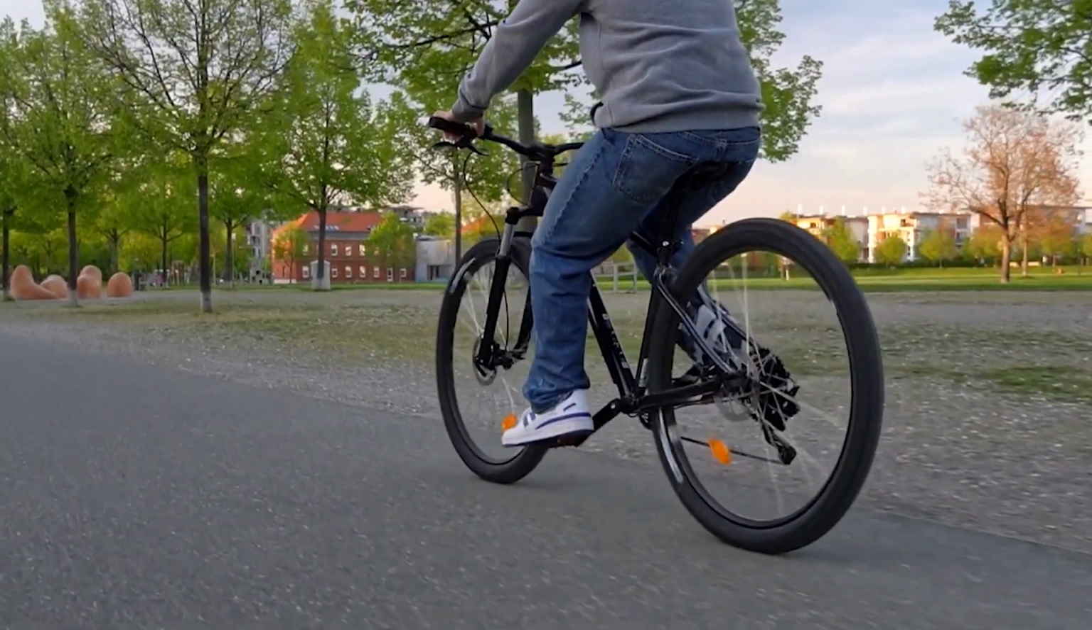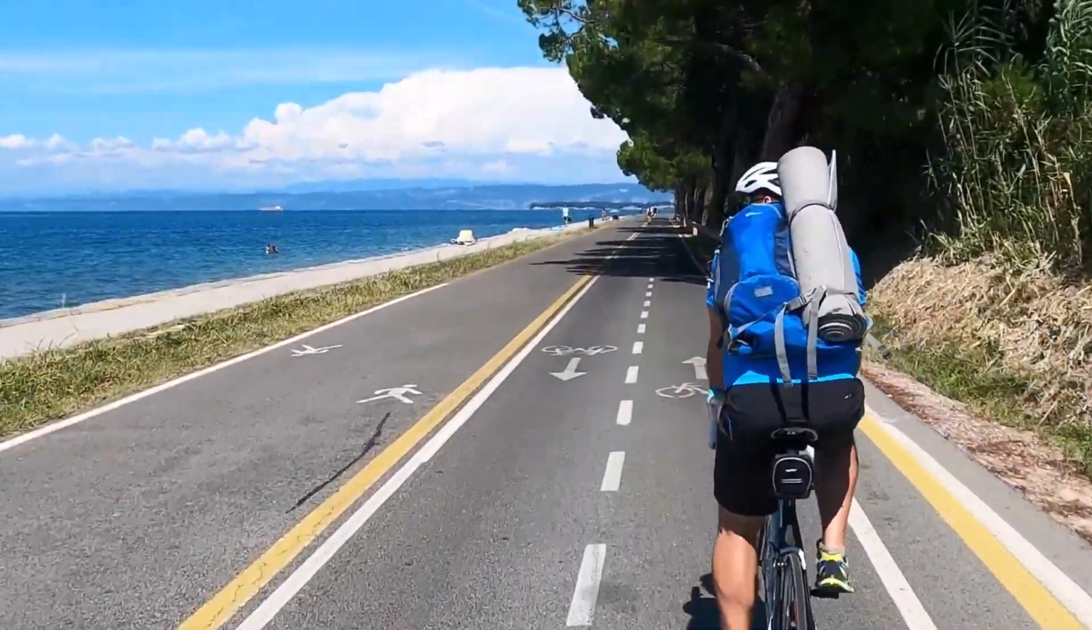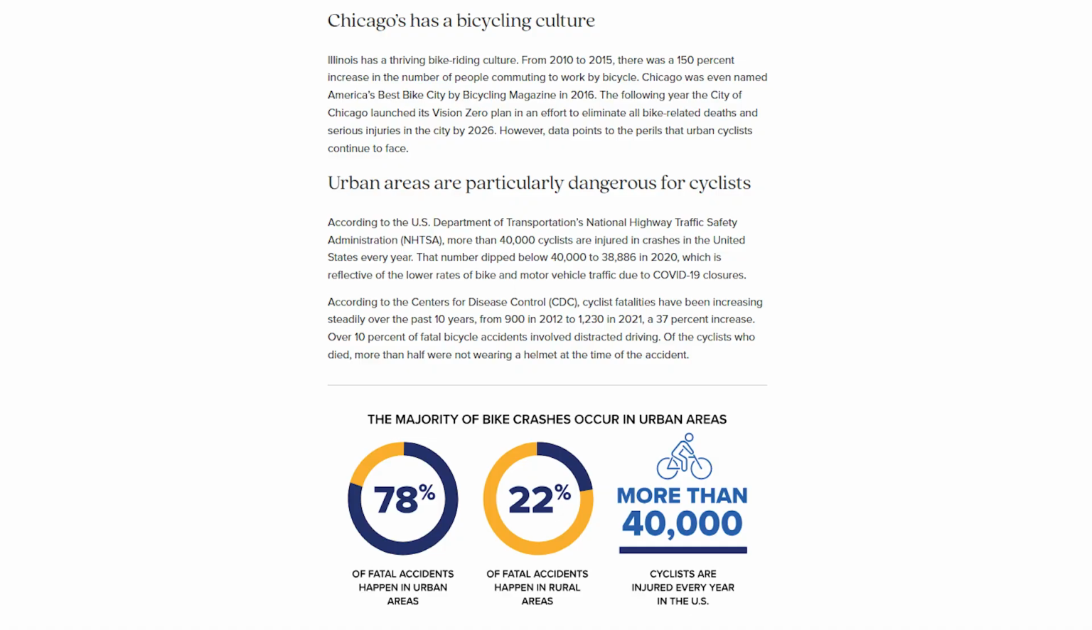Cycling is a booming industry. Many of us are shifting from transportation using ICE, internal combustion engines, to electric powered transportation, and cycling is one of the most efficient and convenient forms of transportation. But it's not without its hazards. In fact, over 40,000 people are injured in the United States alone every year, and a lot of those incidents